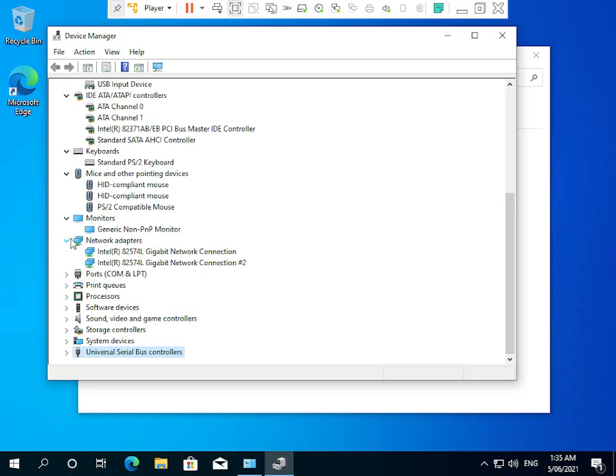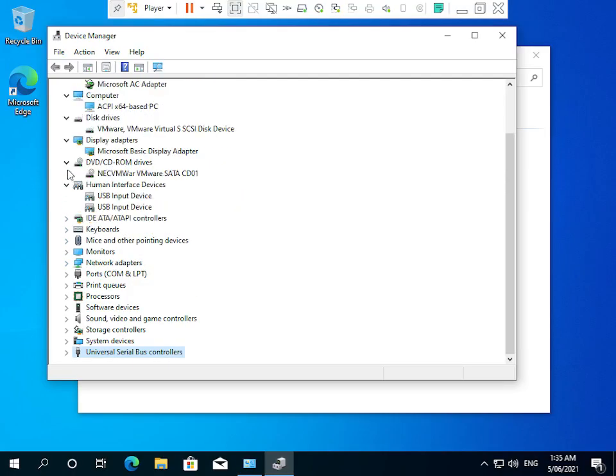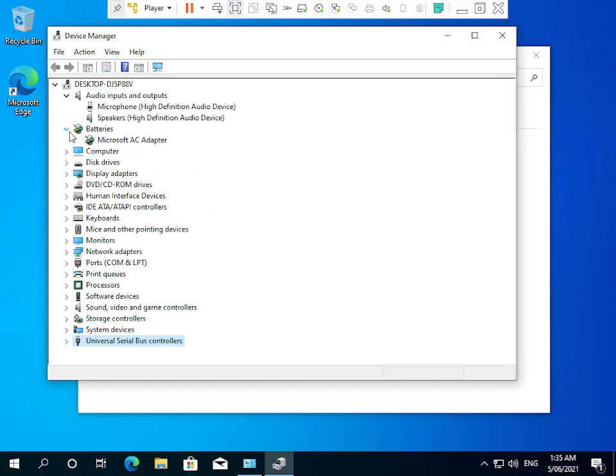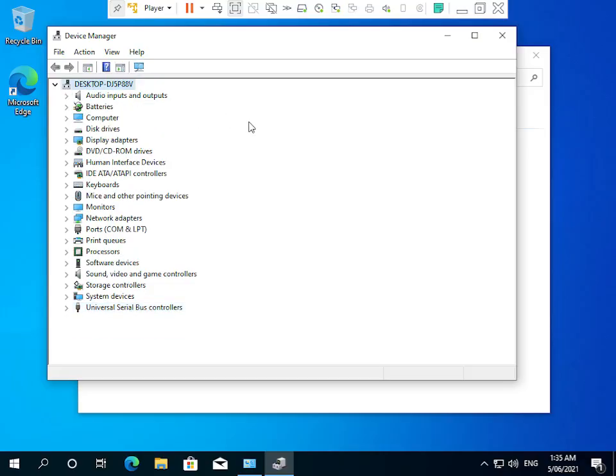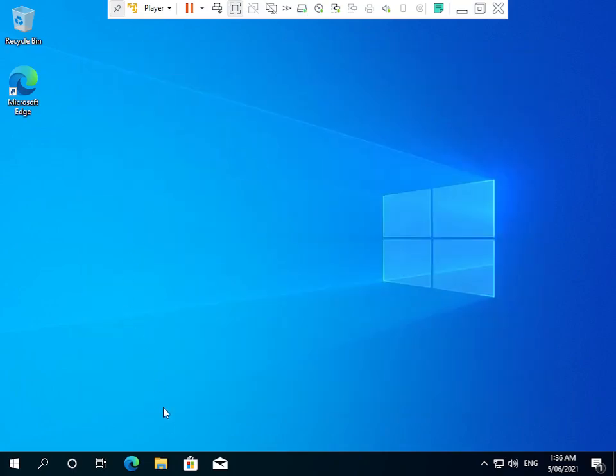And to get there, to view all our hardware items, we went to Control Panel and Device Manager to list a view of all the devices. And where was it? Device Manager. So we're in Control Panel, All Items, and then Device Manager. And then that's it. And to get out of the virtual machine,